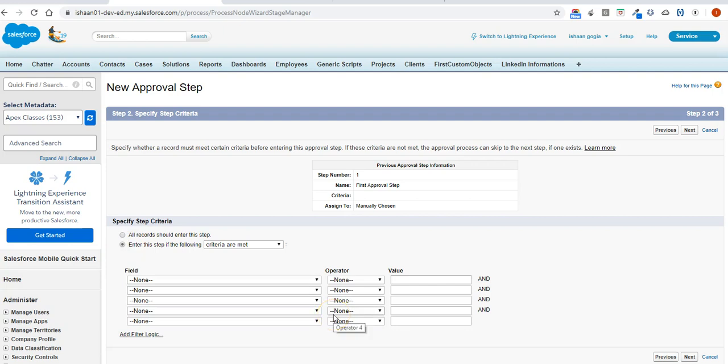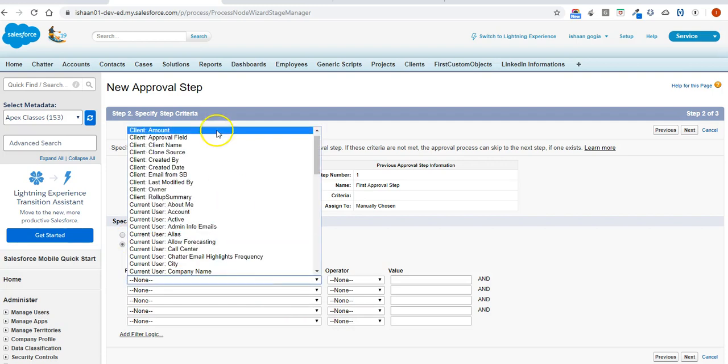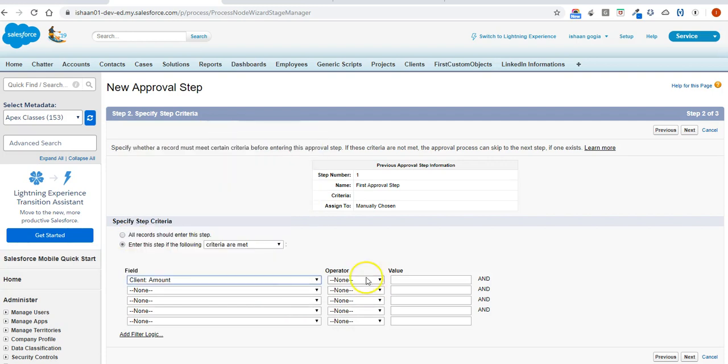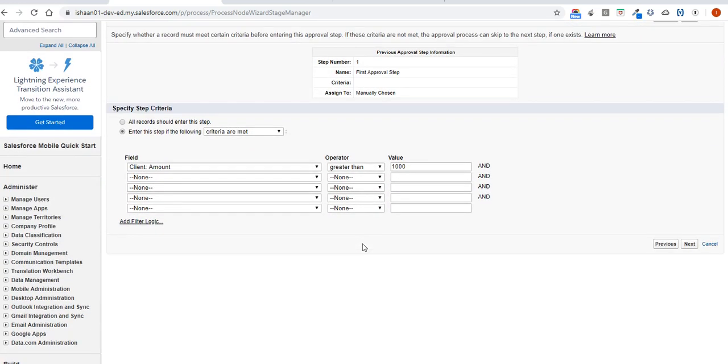If it is greater than 1K, then we can submit this step automatically, or we can specify that we need to move further. I'll go with the amount field greater than 1K. We have specified the step criteria, and if we go next,